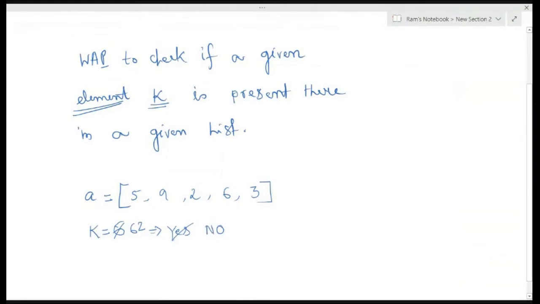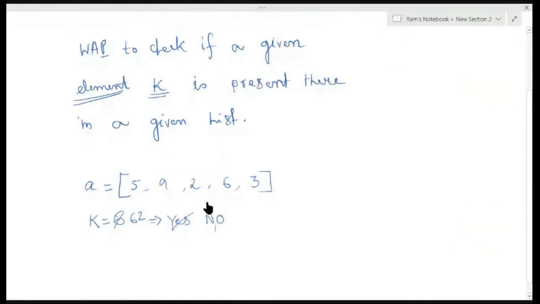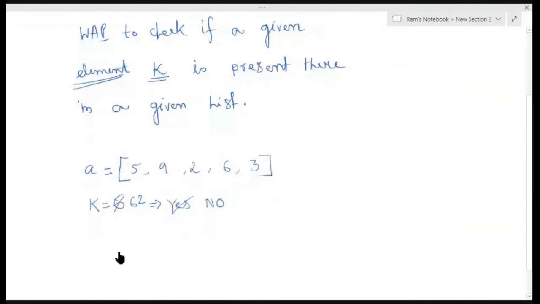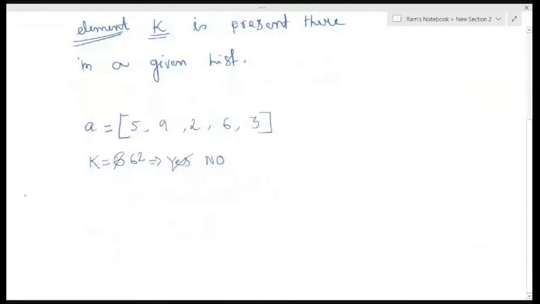Now, that is the problem statement. Now, how are we going to approach the problem? That is the next question before actually writing the code. Okay, let's see. Let's say we know how in the RAM, or in the memory of the computer, this list is going to be stored, right? We know that thing. So we know that this list A in the memory of the computer